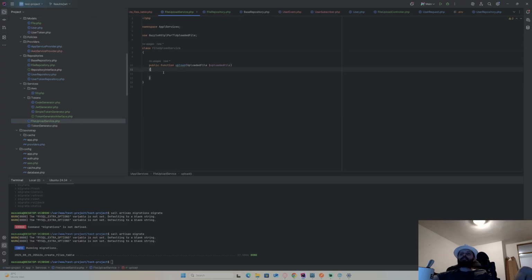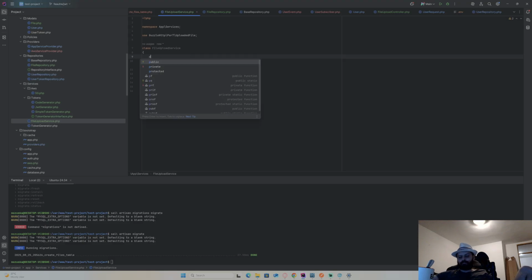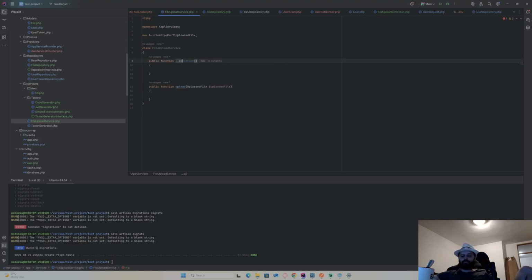And here I'll just pick function construct. I think when they implemented this constructor promotion, they were like PHP 8 would change the way the constructor behaves when you create it, but they kind of didn't. It's the same.